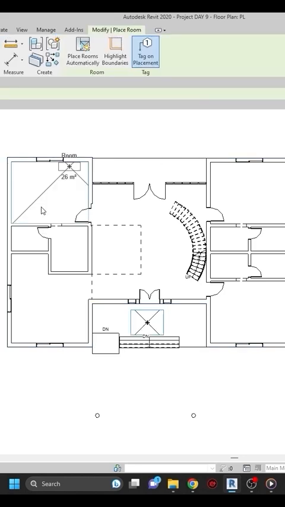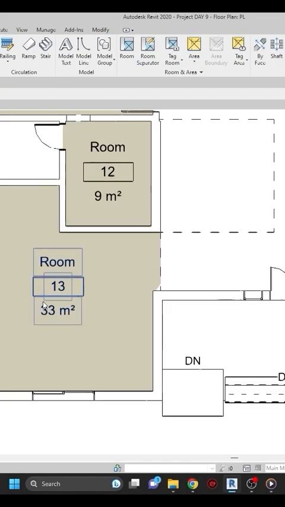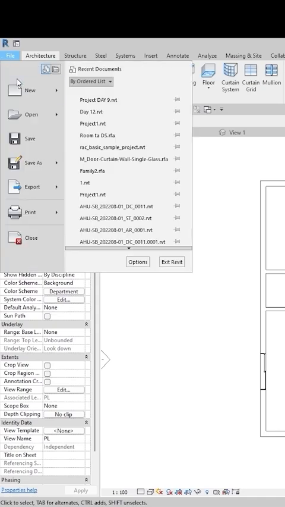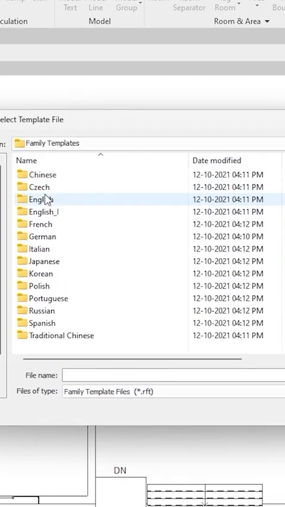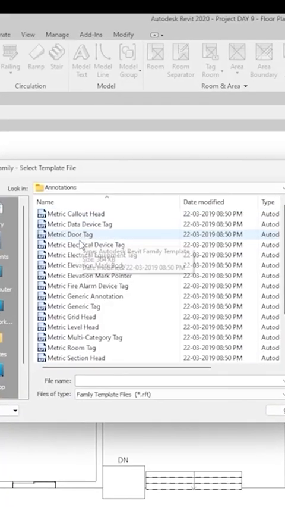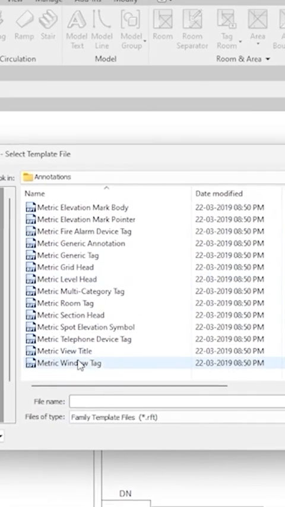Welcome to Design Studio. In this video I will tell you how to create a room tag with the internal wall dimension. Let's create a family and let's go to annotate, and we have a family called metric room tag,